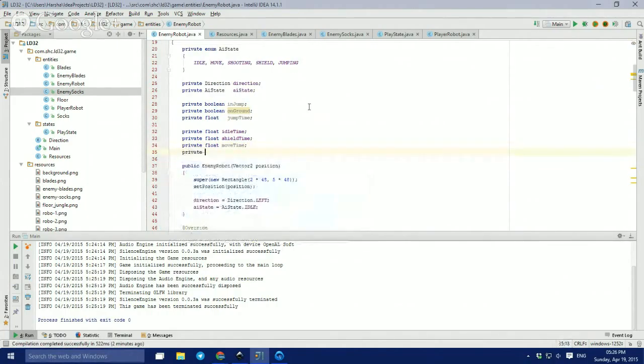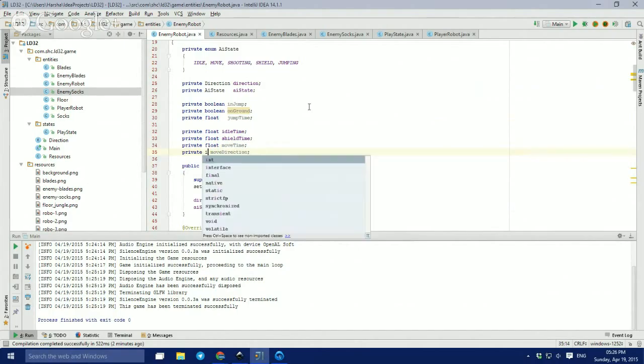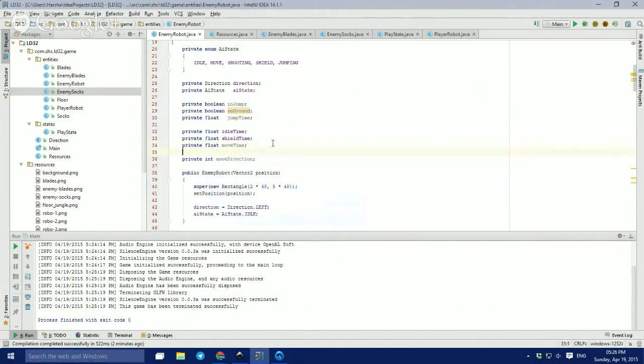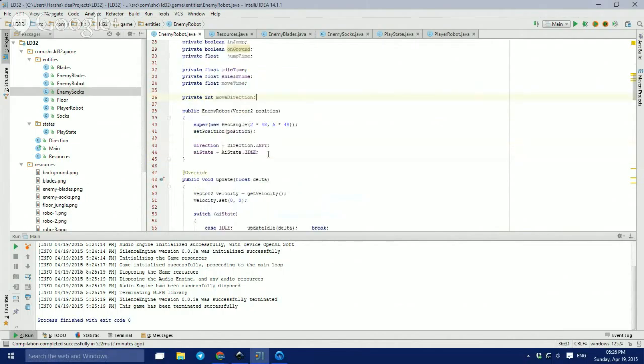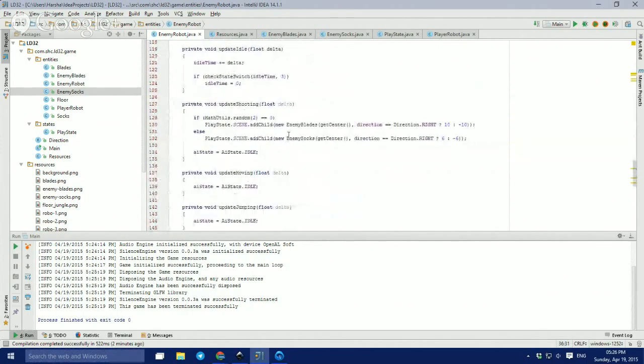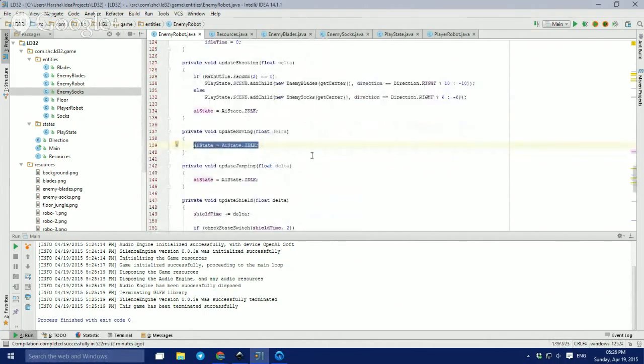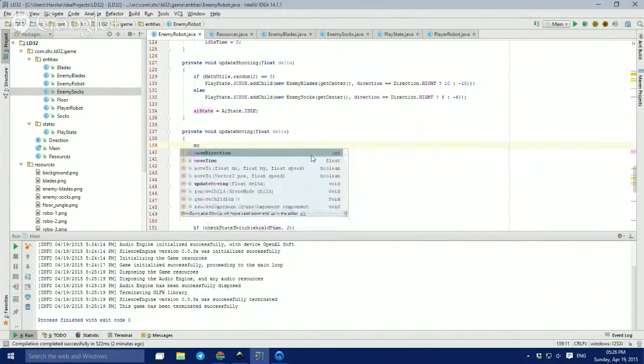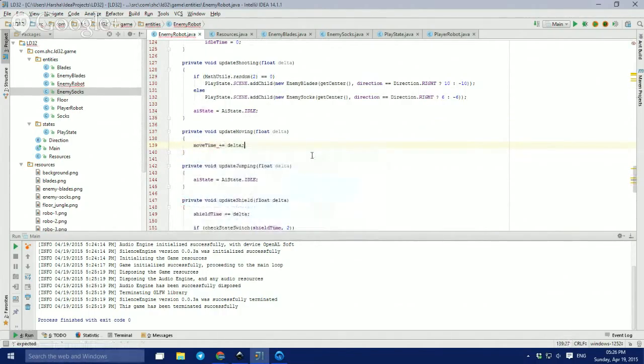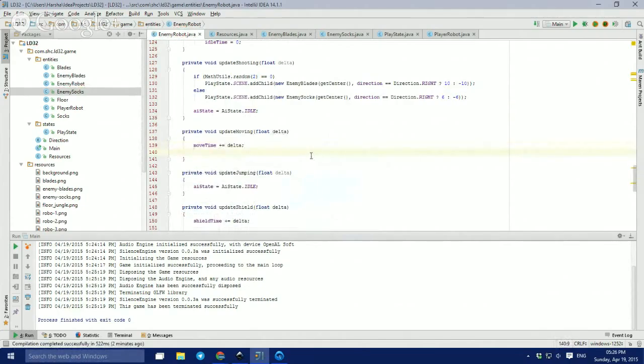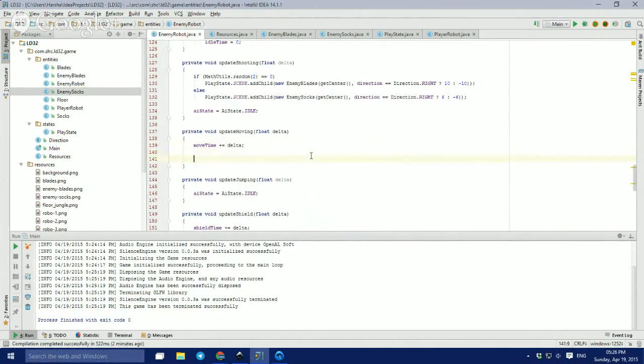and another float is required here for move direction. I could simply make this an integer because it's just -1 or +1. So in the move and update moving, it will move time plus equal to delta, and I'll just change the velocity. So get velocity,